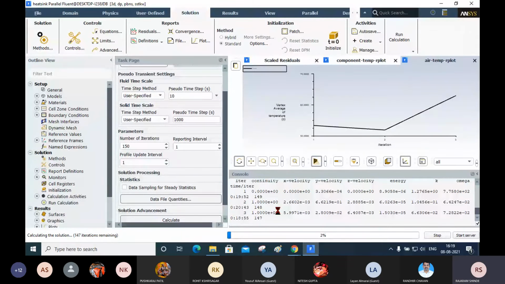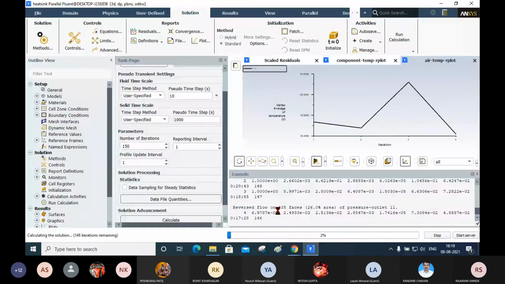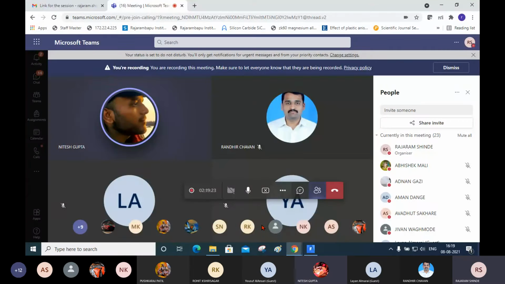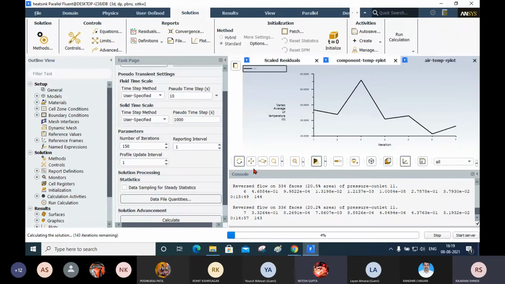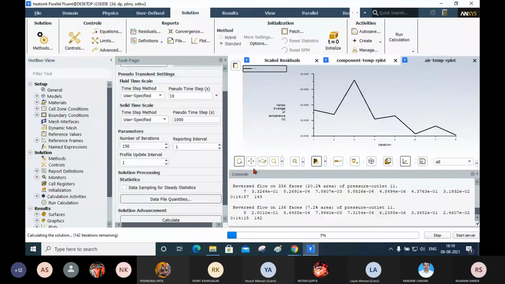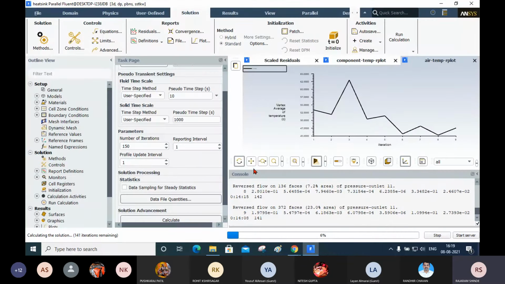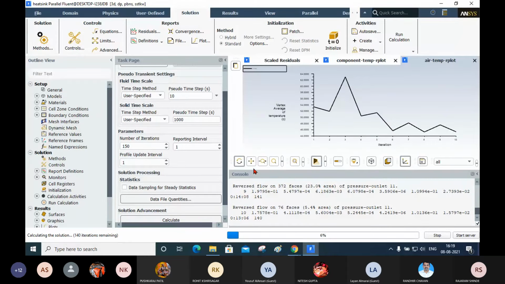See here, it will calculate. Yes, pseudo transient, sir. Pseudo transient means it is not transient. It is in between transient and steady state. What does enabling pseudo transient help with? In most problems we are selecting this pseudo transient. That means for all steady state problems we are selecting this mostly. For some situations we are not doing this.